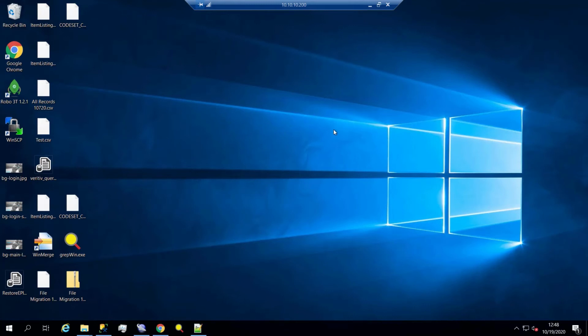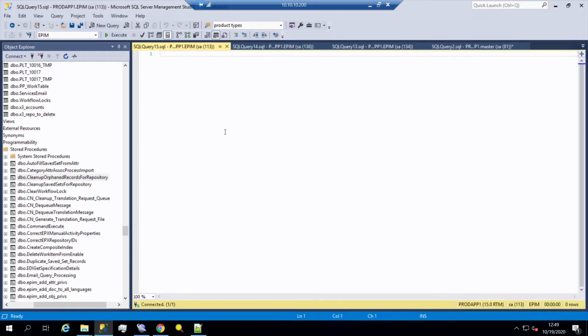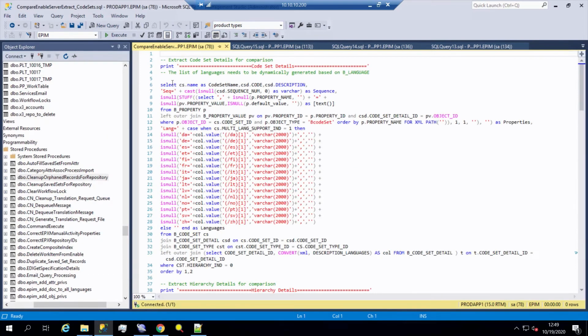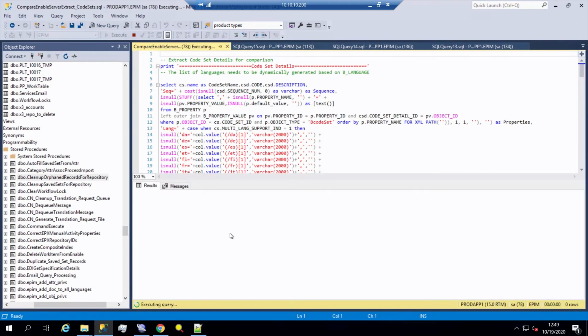Once we've made our way into the database server itself, we'll want to open up SQL Server Management Studio. And because these scripts are actually part of the installations, you can go to Open File. And as part of the latest deployment file, you'll have a set of SQL scripts and MSS SQL scripts. What we're going to do for the purposes of this example today is just run the code set script. I've previously run one, and then I made a few changes, and we're going to run them against this code set script itself. So once we open, we can execute to see what a sample would look like once it's